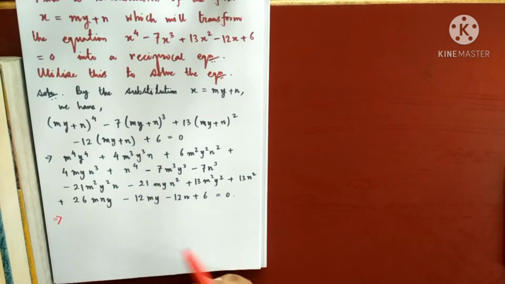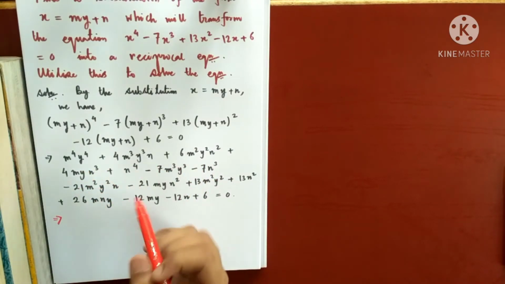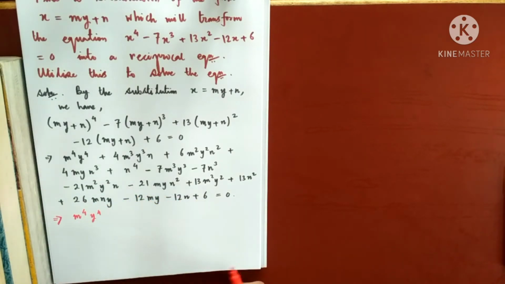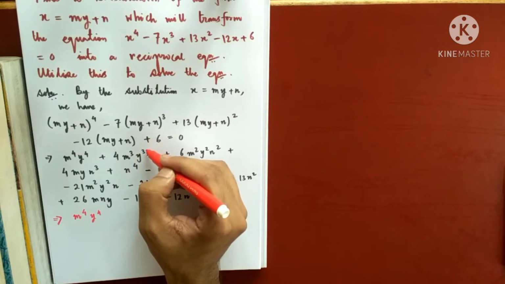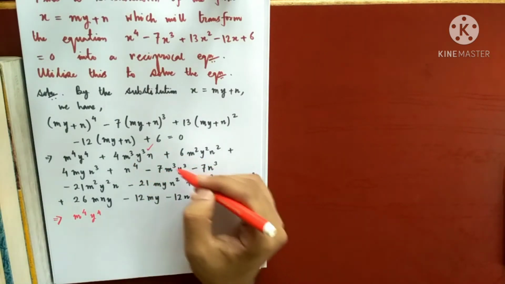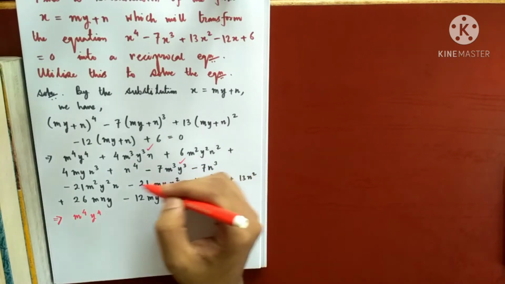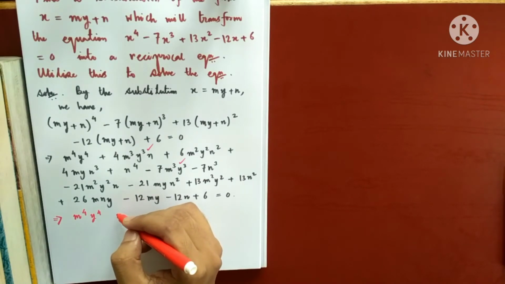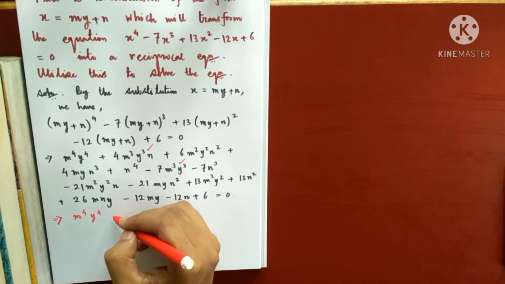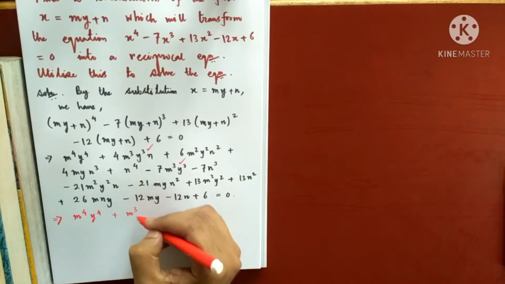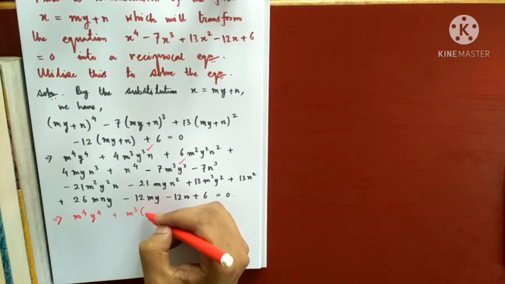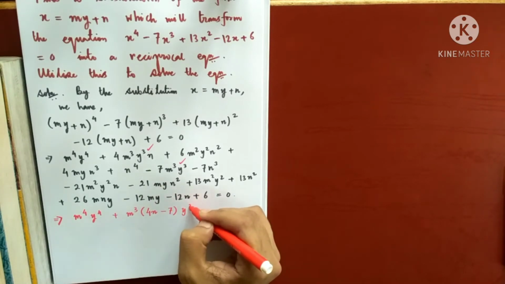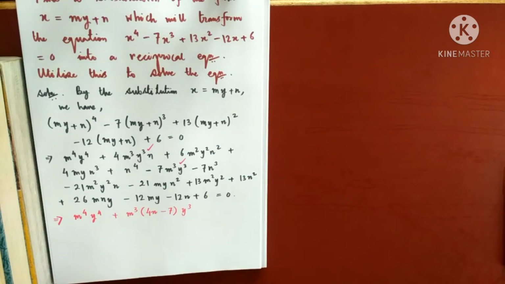Okay. So do I get any power 4 other than this? No. I have just this term as my power 4. And arrange all the y cubes together. I can see a y cube here. I can see a y cube here. I don't see any more y cubes, right? So if I take y cube common, you can see some more things are common. M cube is also common. So let's take m cube common. Y cube is also common. So what am I getting? 4n minus 7 and y cube. So this is the coefficient of y cube, right?